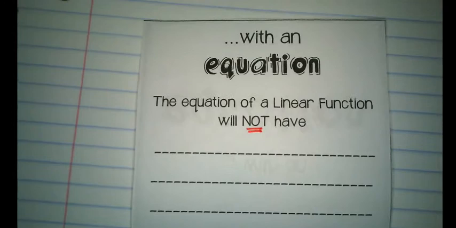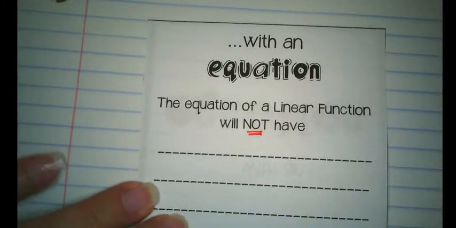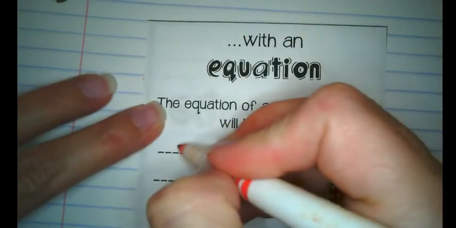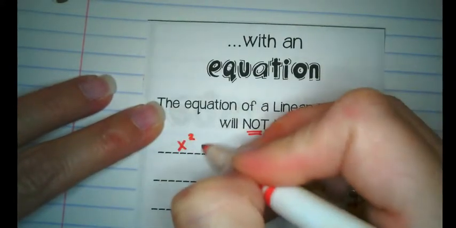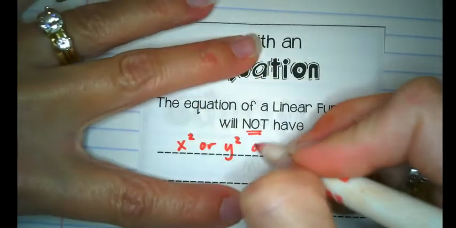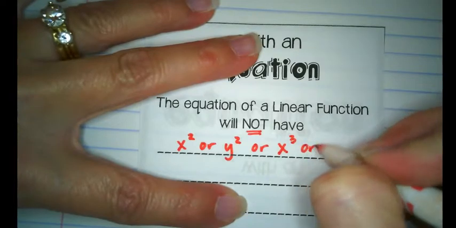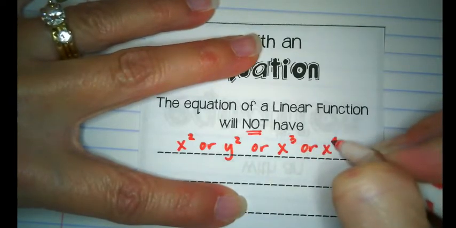All right, so first thing, a linear equation will not have x squared or a y squared or an x to the third or an x to the fourth,